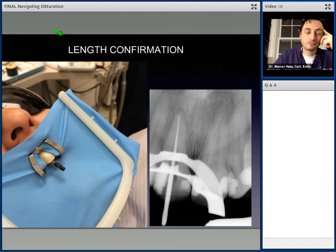What you want to use is you want to confirm your length, and you can use a size verifier file which comes with every pack. If you have a pack of these obturators, it comes with a file inside, which is a full-fledged nickel titanium file, which you can sterilize and reuse. So you put in your file, you take your radiograph, and at the same time,